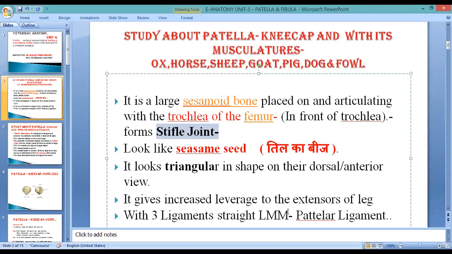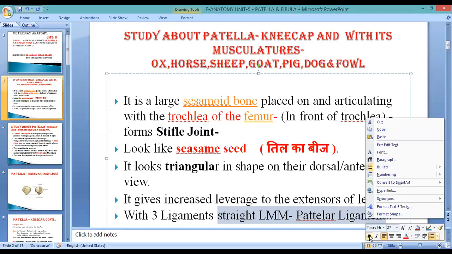Right, the medial patellar ligament. When we cut the middle one, there will be a little problem, and when we cut the lateral, there will be a major problem. The animal will not be able to bear weight and will drag its limb. These three ligaments run in their positions, lateral, middle, and medial. Accordingly the nomenclature is straight, because their structure is somewhat straight. So up to this, we have completed the shape and the structures located near the patella.